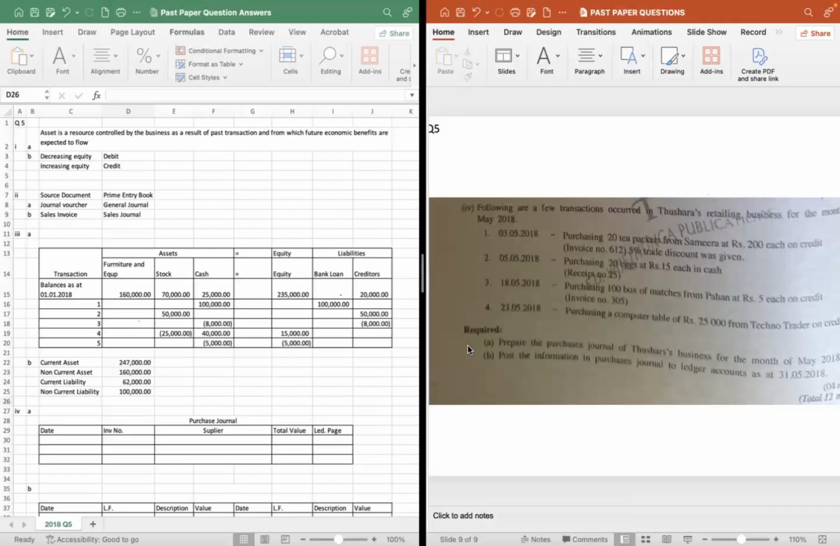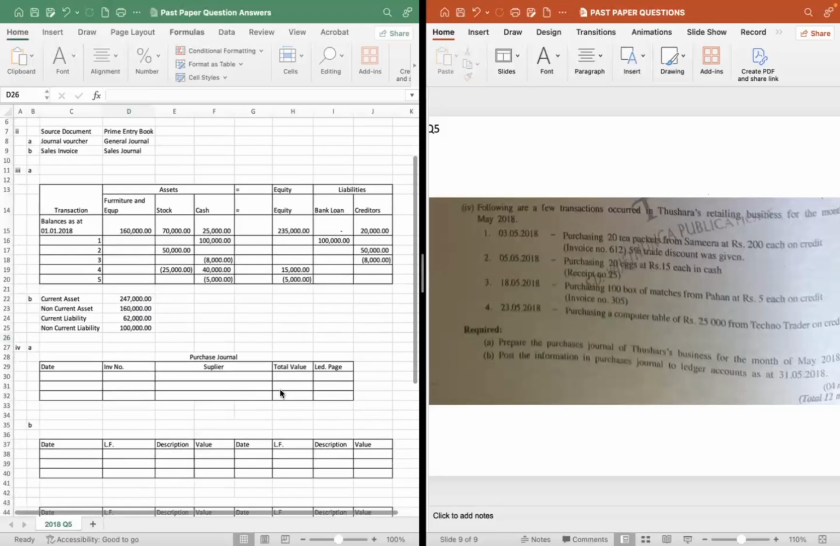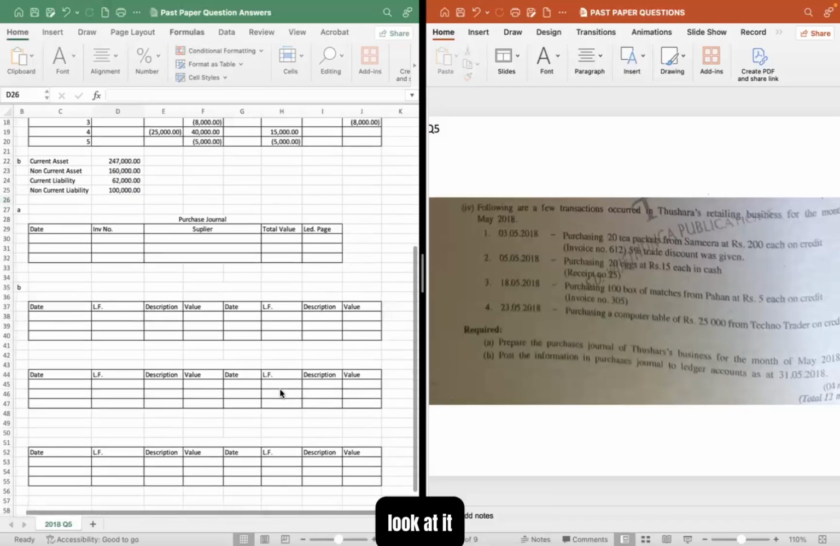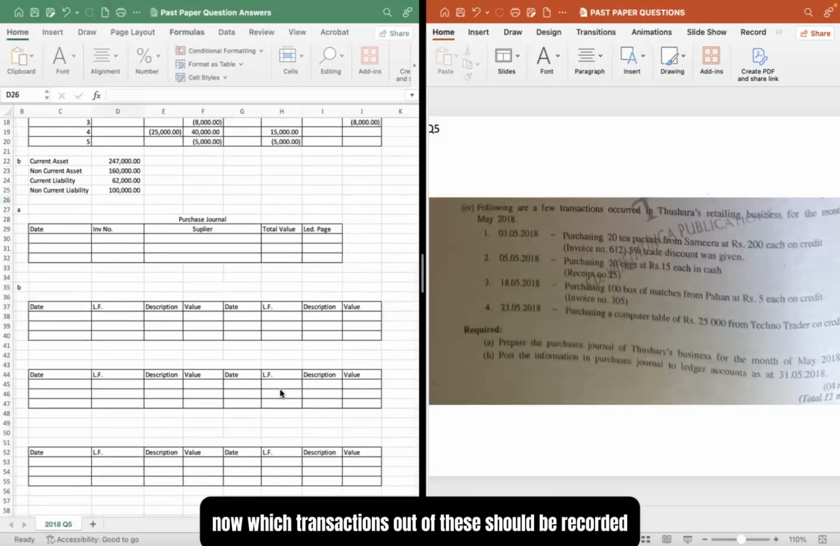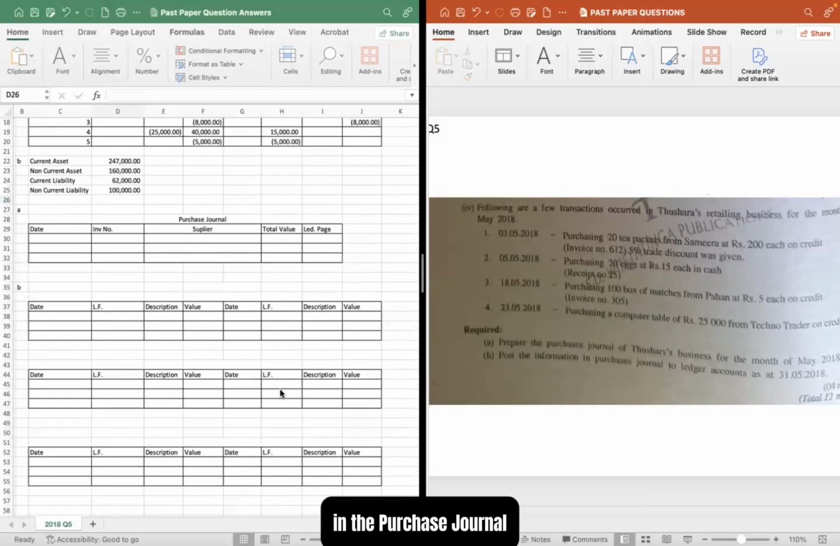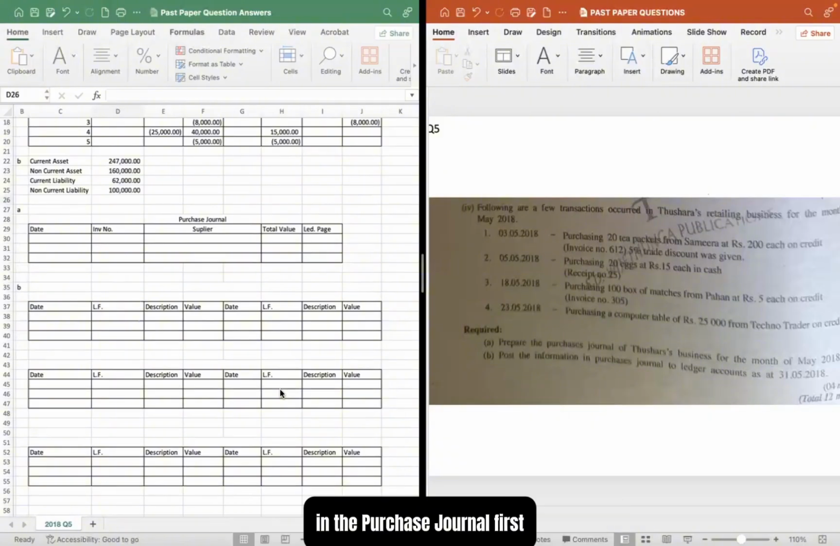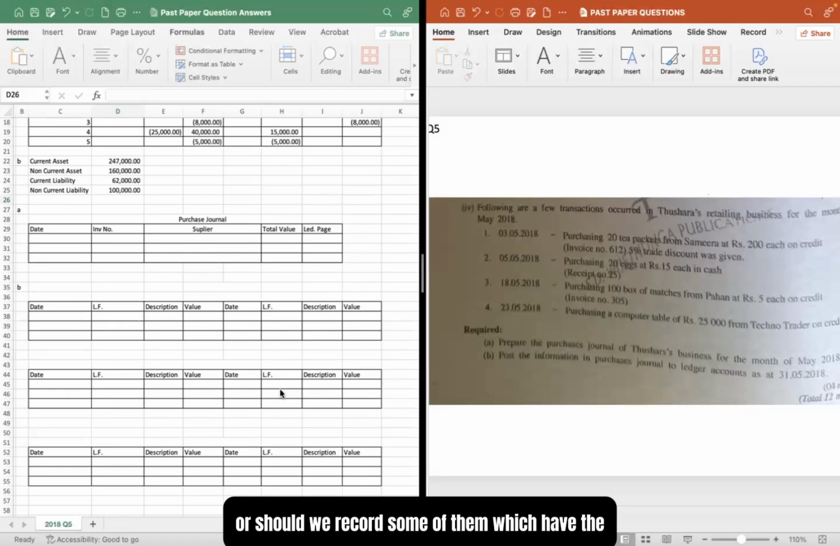Okay. So take a couple of minutes and look at it now. Which transactions out of these should be recorded in the purchase journal? First, second, third, fourth. Should we record all four of them in the purchase journal? Or should we record some of them which have the...